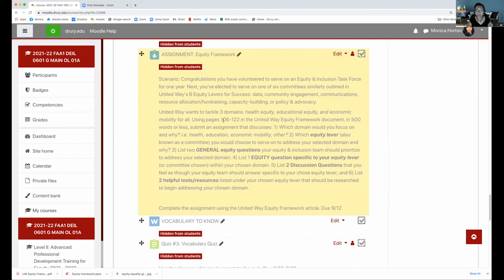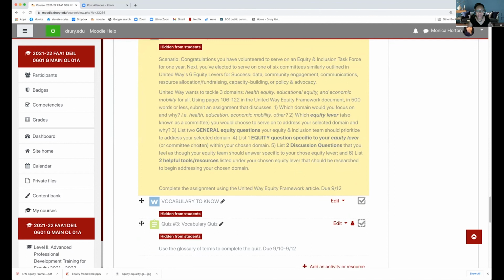Using pages 106 through 122 in the United Way Equity Framework document, in 500 words or less, I want you to submit an assignment that discusses, number 1, which domain would you focus on and why? Number 2, which equity lever or committee would you choose to serve on to address your selected domain, and tell us why?